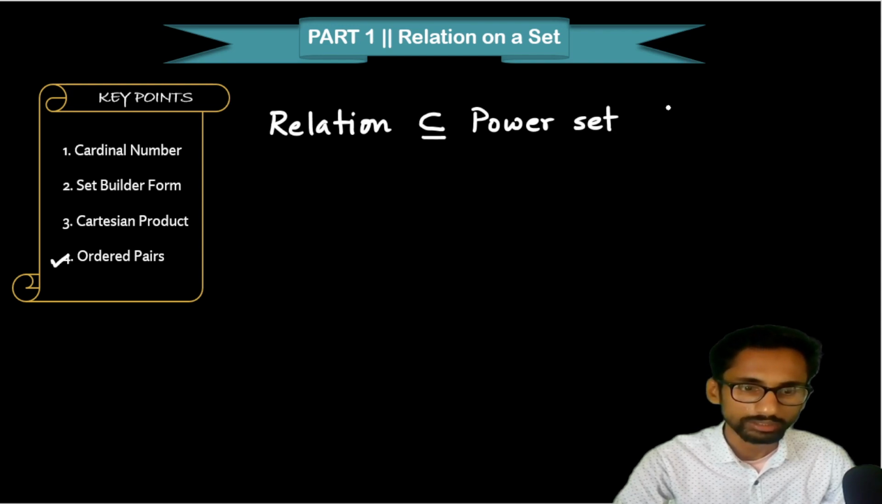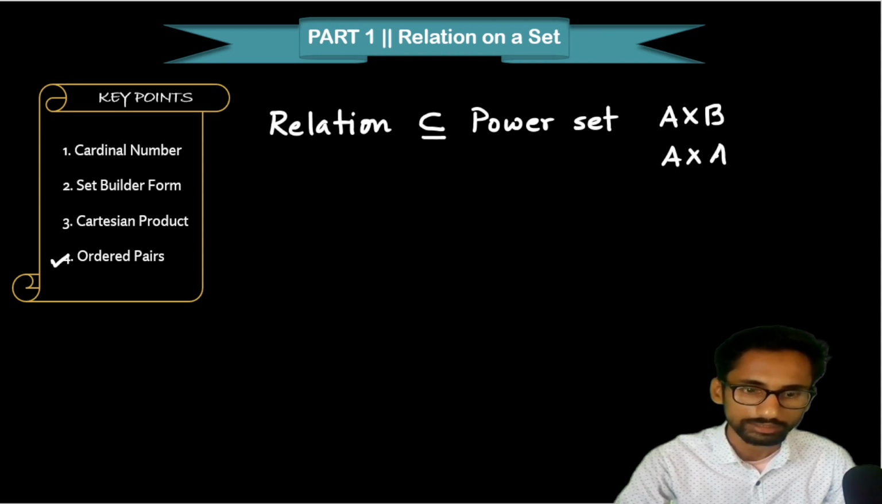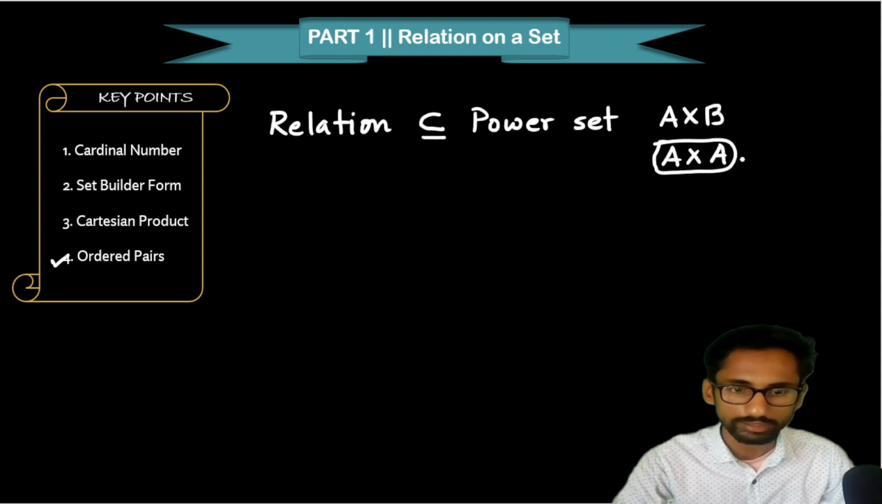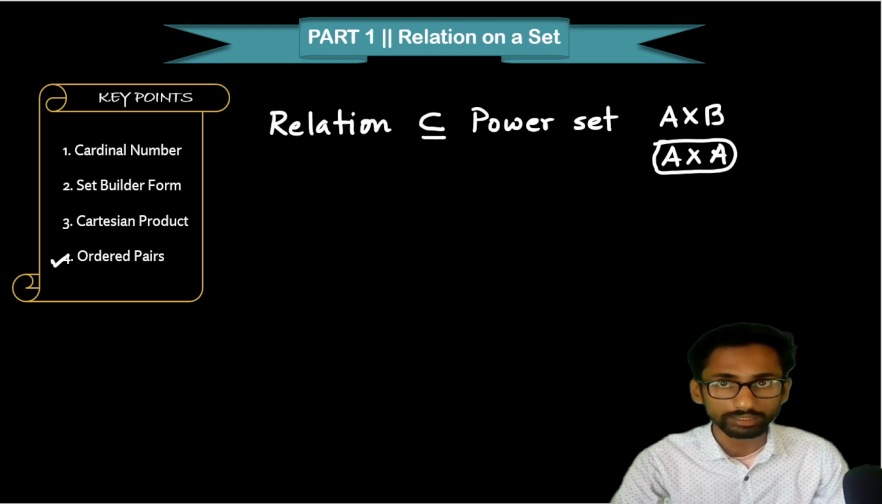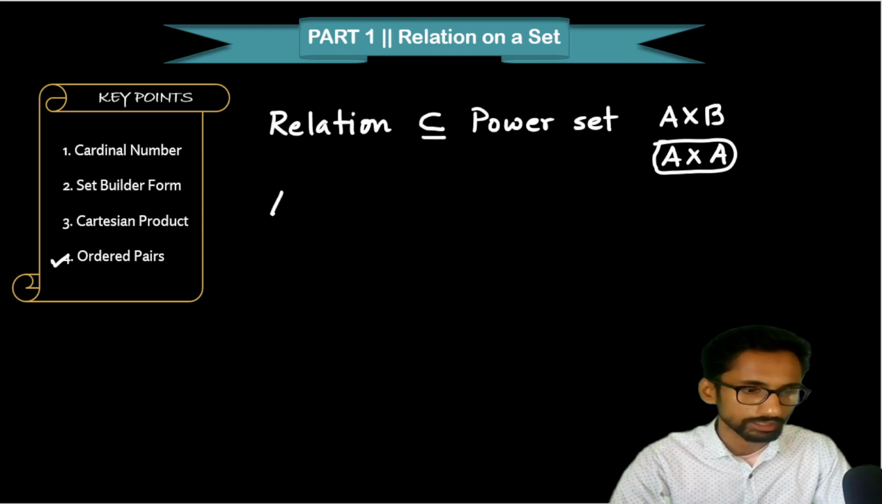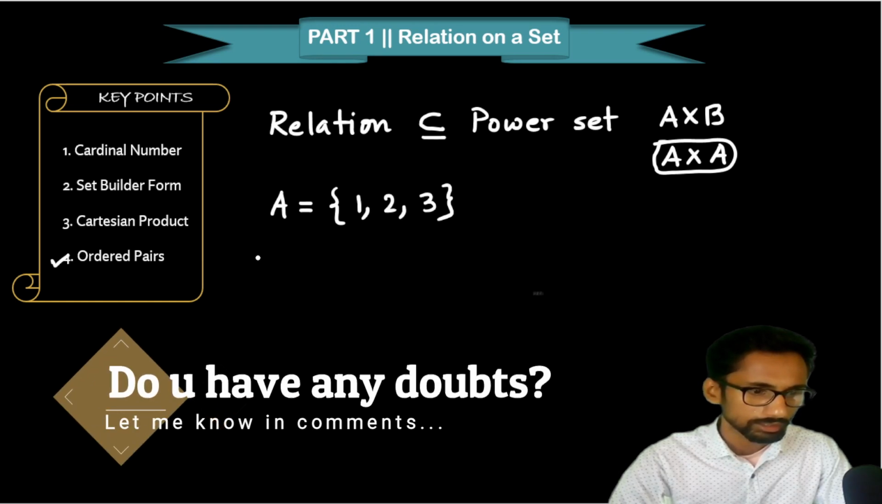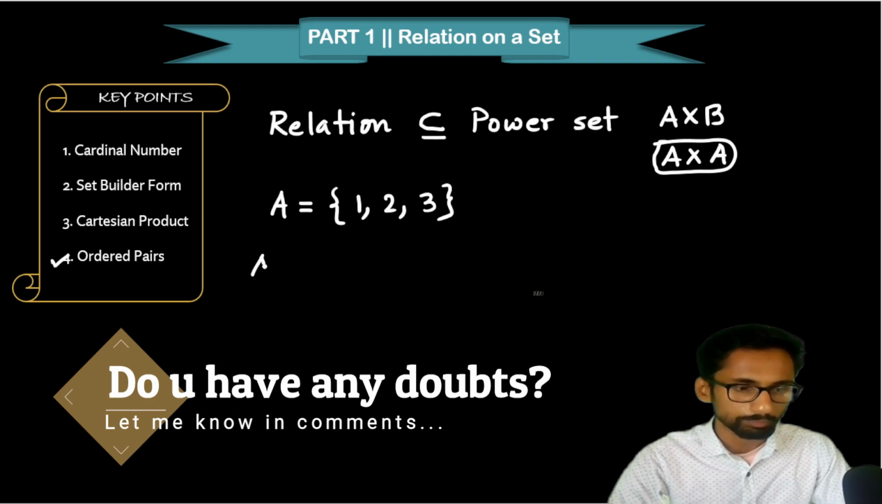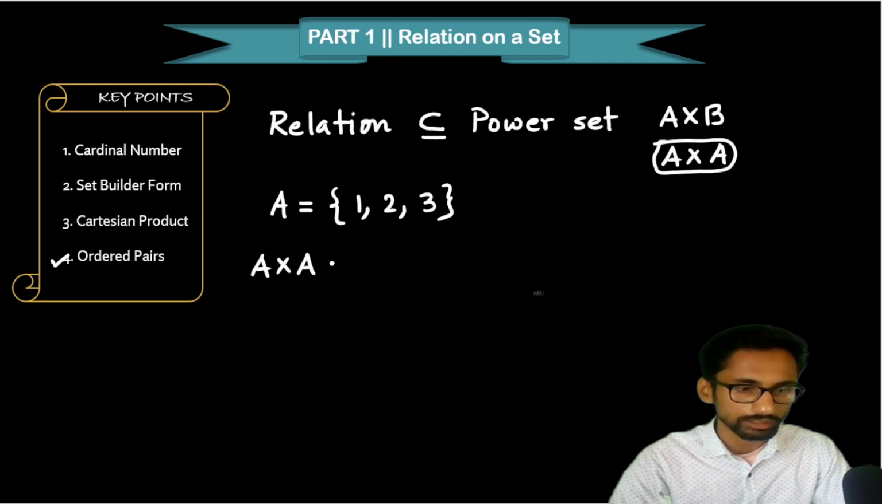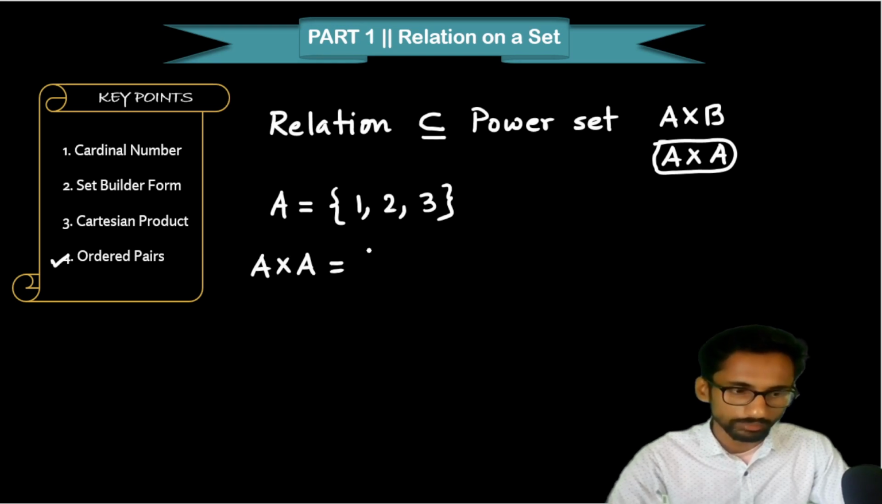So it can be the power set of two different sets or a single set. In our ISC syllabus we have this thing only, that is we are going to define the relations on a particular set. For example, consider this particular set A given by the elements 1, 2, 3. Now if we try to find out the power set A cross A multiplied by A itself, then what will